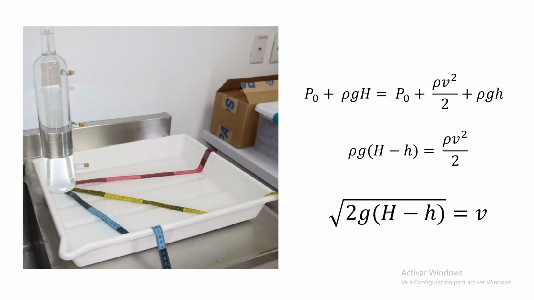How we're going to do it is we're going to make this experiment right here. As you can see here, we have a bottle with 3 little holes in it, as well as 3 measuring tapes on the bottom. Now what we're going to try to do is use Bernoulli's equation in order to get the distance of